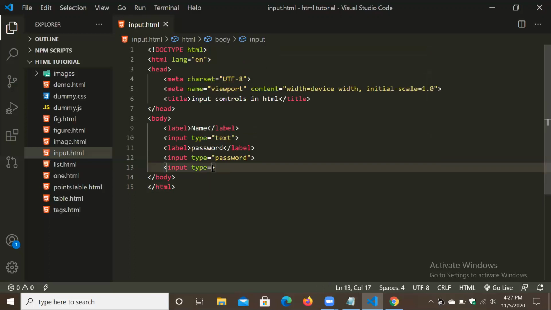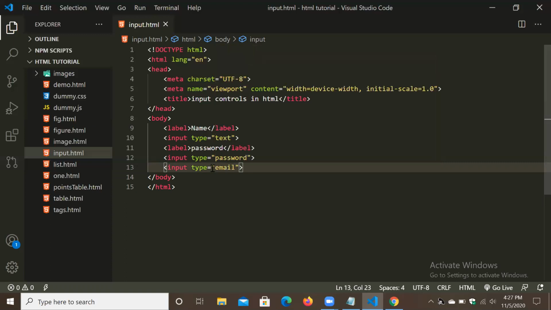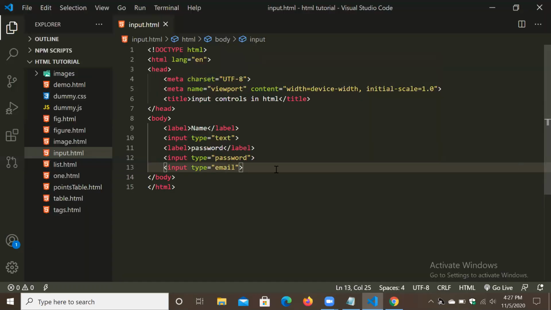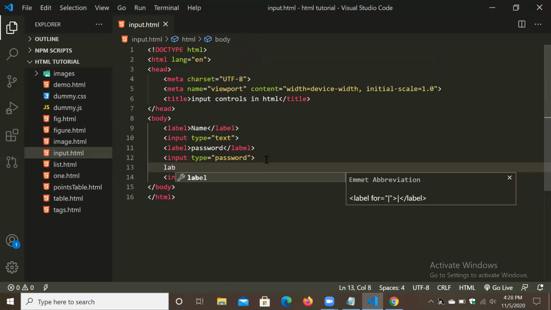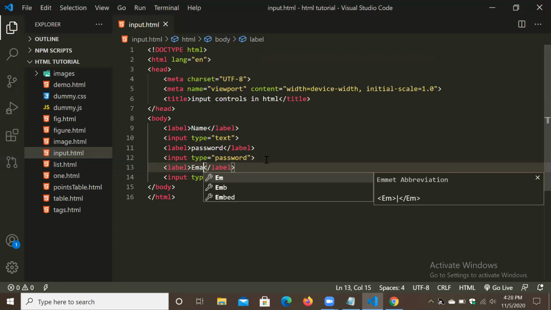So now we will select input type is equal to email. Okay. Control S, refresh. So look, here we can write our email. Okay. Now here we can again use a label. Okay. And here we can write email.